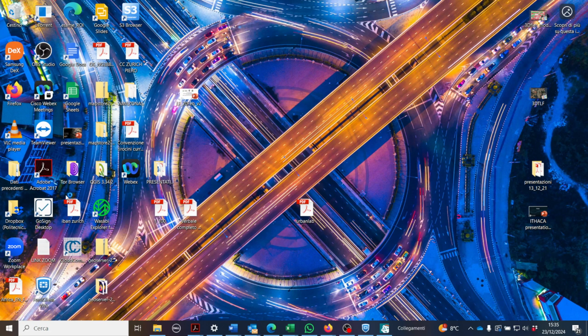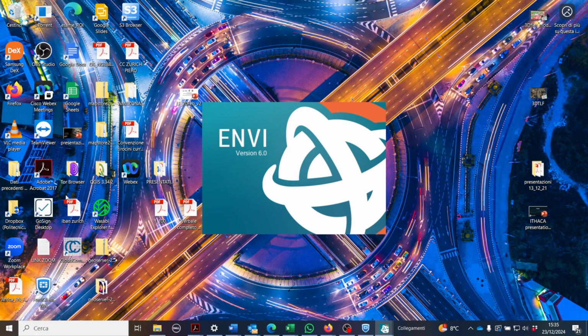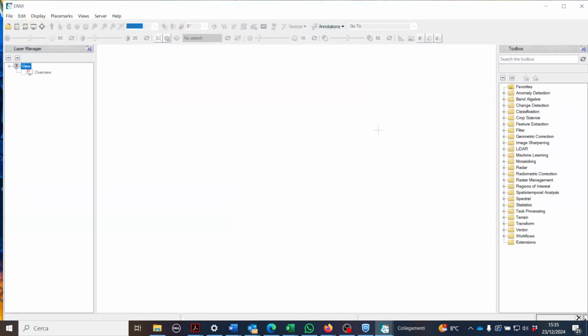Okay, this one. So it is starting, and we will have just a very short overview of the software. This is the icon, and now it's available here. All right, so you see that this software is divided in the layout, I mean, it is divided in different parts. So you see, we have at the beginning the icon of the name of the software,